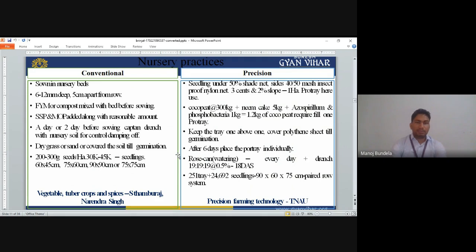We mix 3 gram of Captan in 1 liter of water and then we drench the soil. Dry grass is used to cover the soil till germination starts. 200 to 300 grams of seeds per hectare, or 30,000 to 45,000 seedlings, we can prepare. The spacing normally is 60 by 45 centimeter,